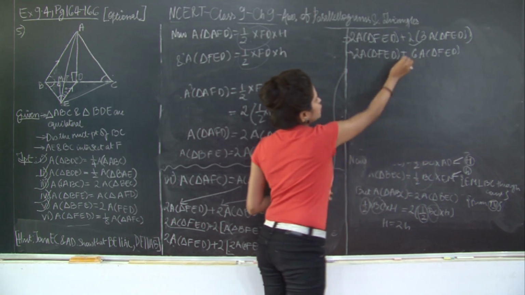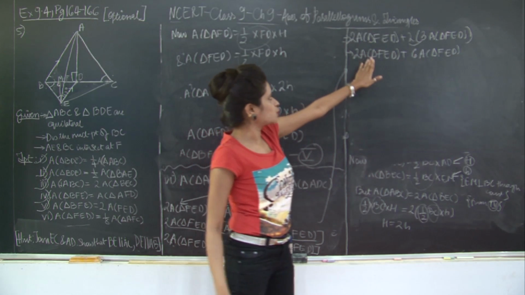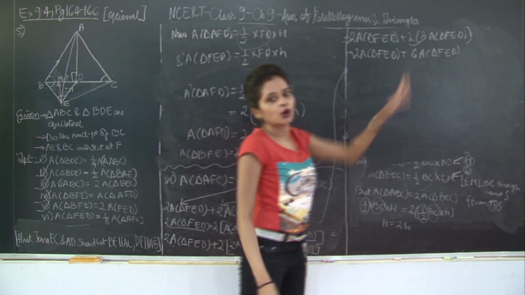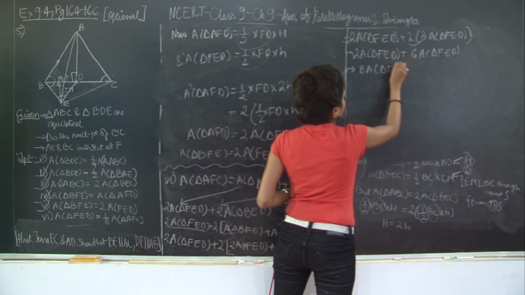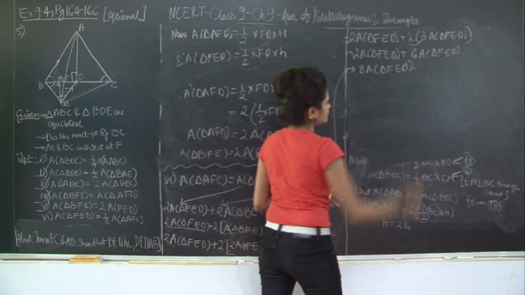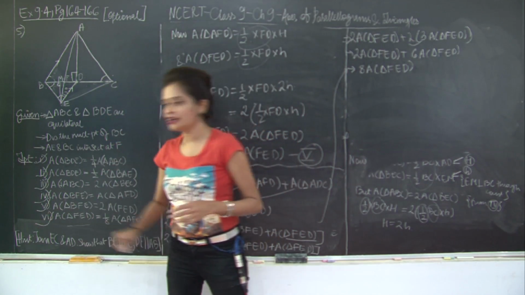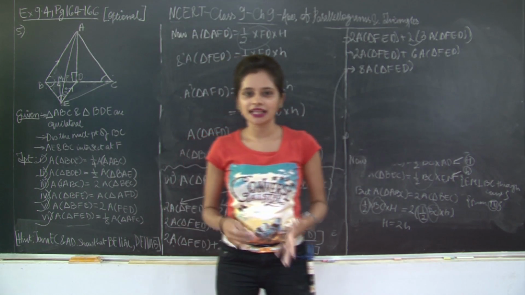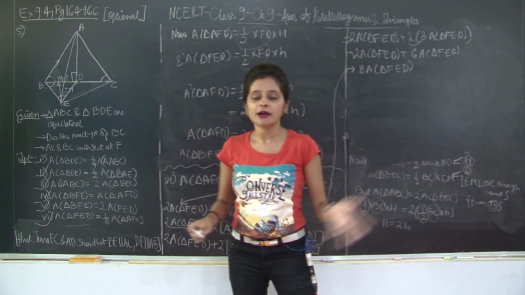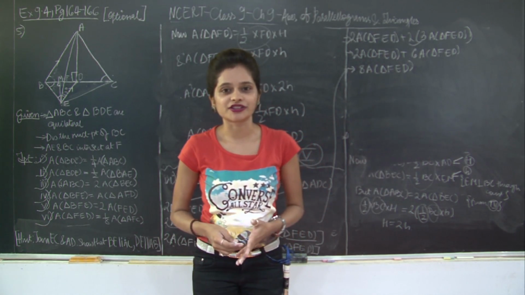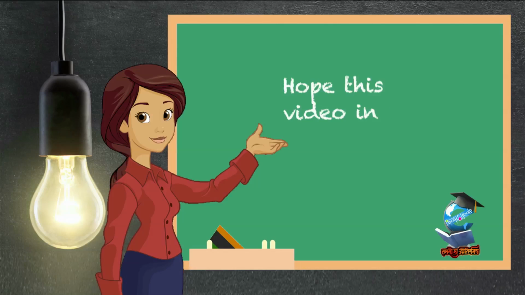Yeah. So, now again you have 2 apples plus 6 apples. So, it would be 8 apples. So, twice area FED plus 6 times area FED would be 8 times area of triangle FED. Hence, proved. So, we have finally proved this tricky question, tricky and lengthy question. I hope you had fun while solving it. This was not just a combination of what we learned in chapter 9, but also what we have learned so far in geometry. So, thank you for watching the video. Let's continue with the remaining exercise in the next videos. Hope this video increased your knowledge.